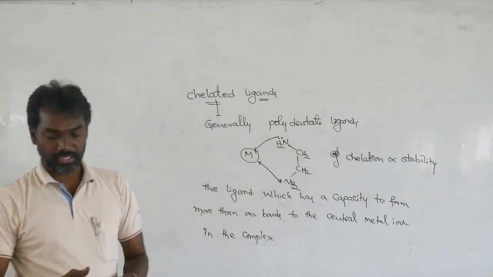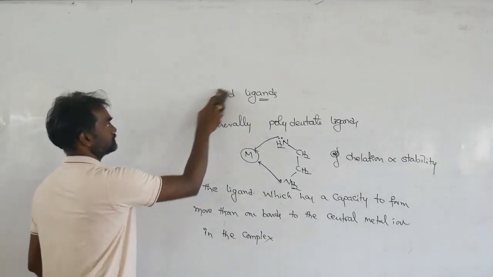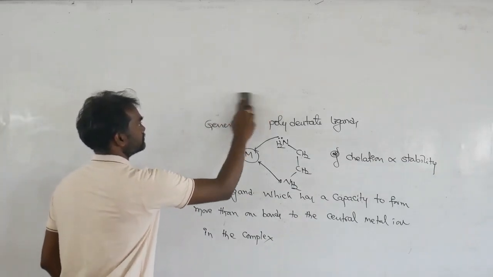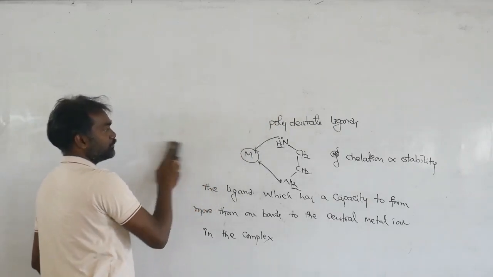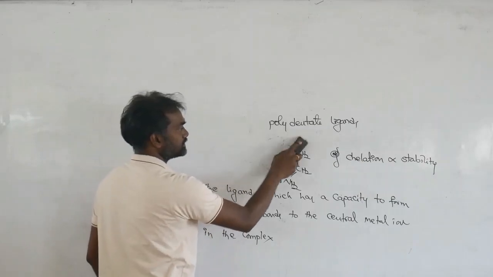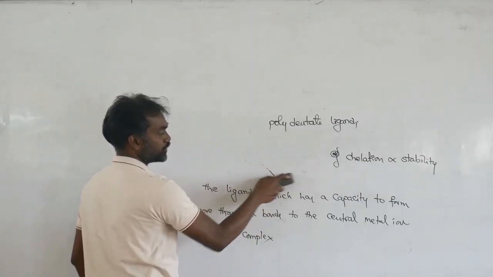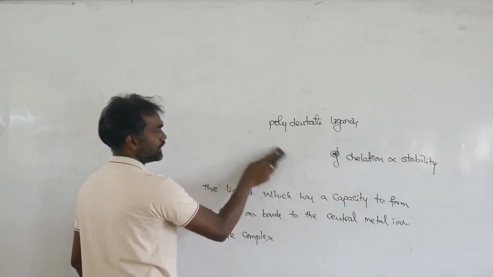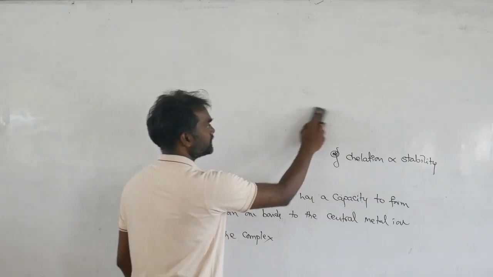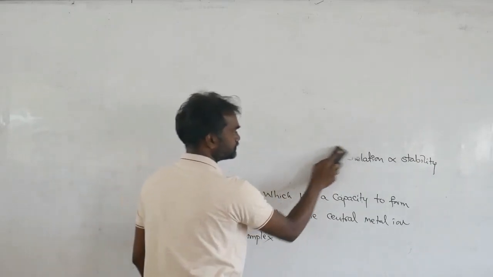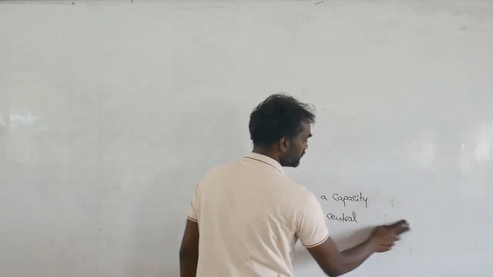So these are the types of ligands we discussed. Next. The important points in the complexes will be over. Now we are going to discuss the nomenclature of complex compounds, that is, the names. How to write the names, now we are going to discuss.